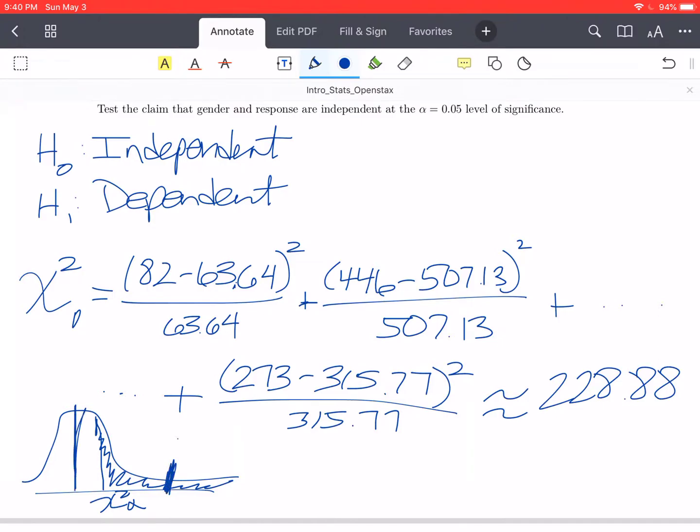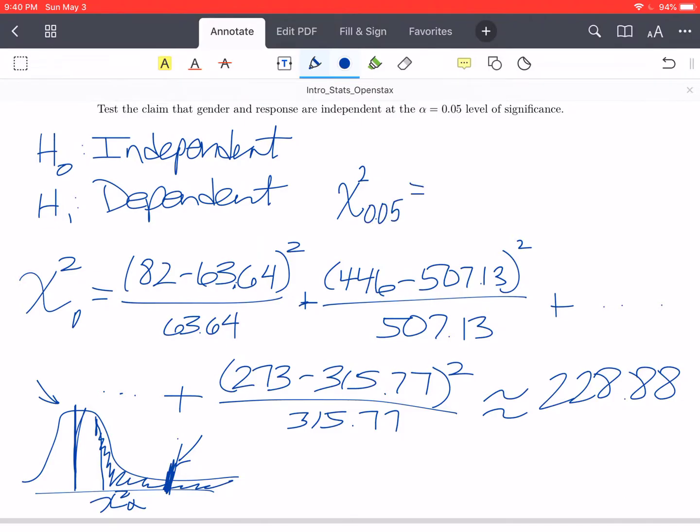If it lies inside, that means that we do get to reject the null. If it lies outside, we're not able to reject the null. We say there's not strong enough evidence. So in order to get that critical value, chi-squared sub alpha, which in this case is 0.05,